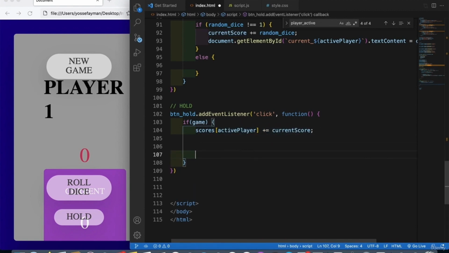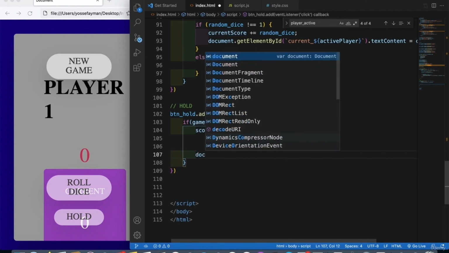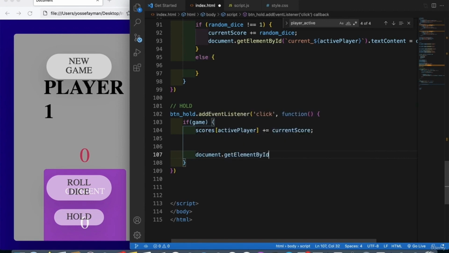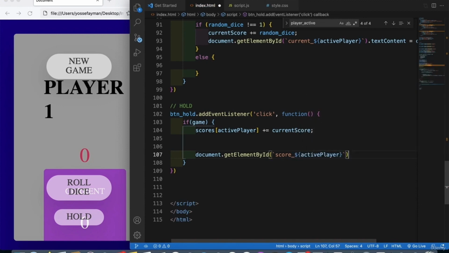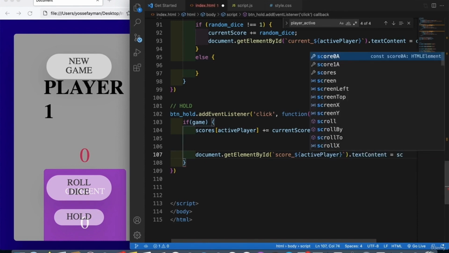So we can add document.getElementById, and then right here we will use the dollar sign, because it will be according to the active player ID. Here score, the dollar sign, like that, and this will be the active player